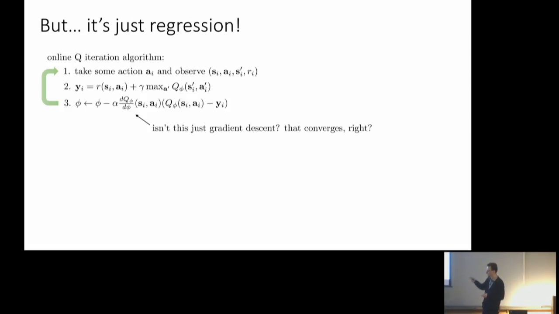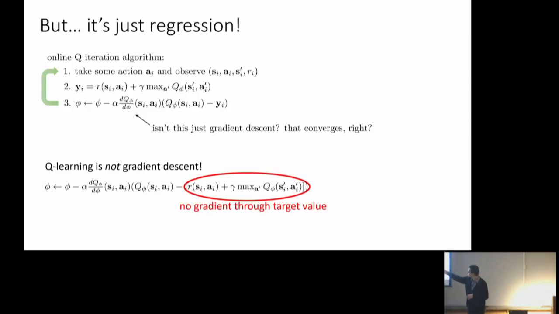It has something that looks like a gradient inside of it, but it's not doing gradient descent on a particular objective. Why? Because if you plug in the y into the thing that you're computing the gradient of, the expression you actually use is the derivative of the Q value at some state and action, times Q minus the target value, R plus gamma max of the next Q. This value depends on your parameters, but you're not accounting for the gradient of that value. So this is not actually the gradient of the Bellman error. This is the gradient of the Bellman error when you pretend that y is a constant.